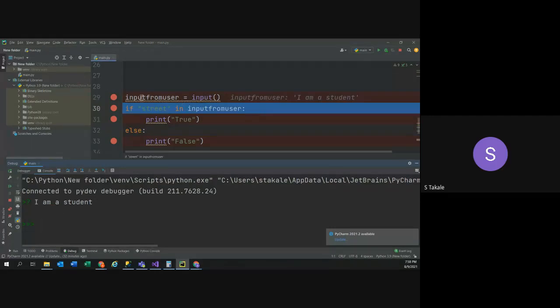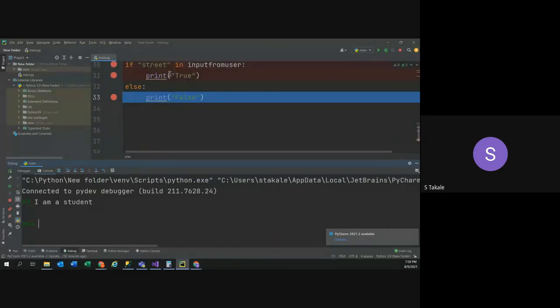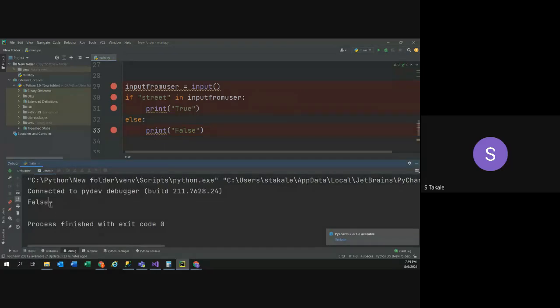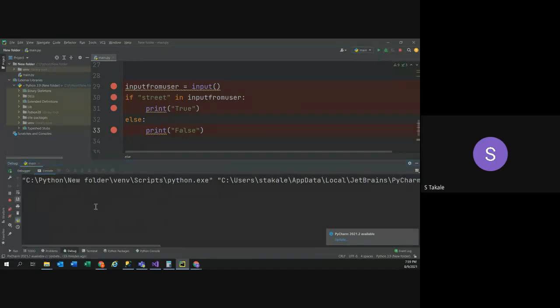So when you got the input from the user, it's saying I am a student, right? And you are then comparing it. So let's see what happens. This is not equal to street, right? Or you are saying, oh, if street in input string. So there is no street in it. So that's where it returns false and you print false, right? Let's see what you print here. Okay, so you print false. That's good. Now let's run it again with